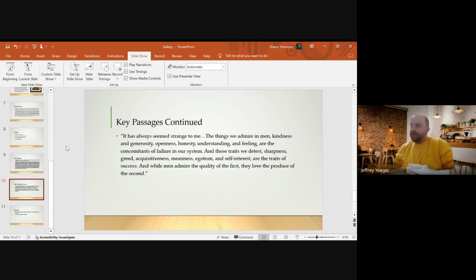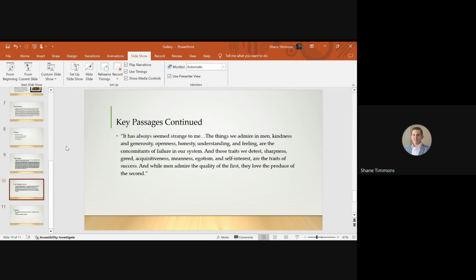But if you're known for that, when it comes to capitalism, right, you're a failure. It's a dog eat dog world, right? So if you're going to be a success in business, you can't show those traits. Right. And I guess this is when my car salesman rant can come into place.